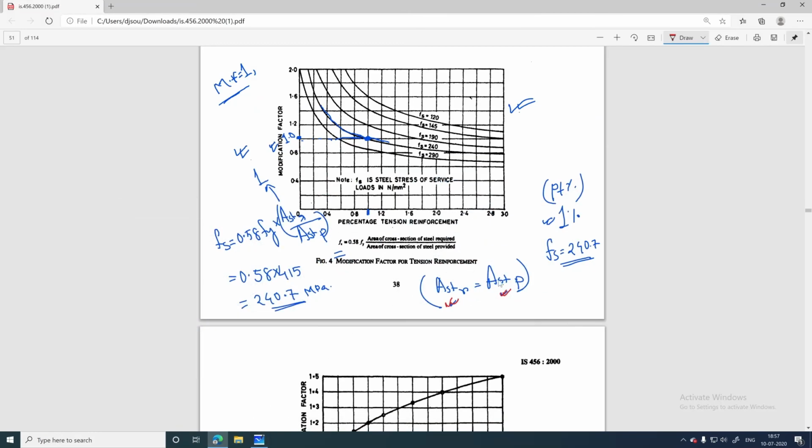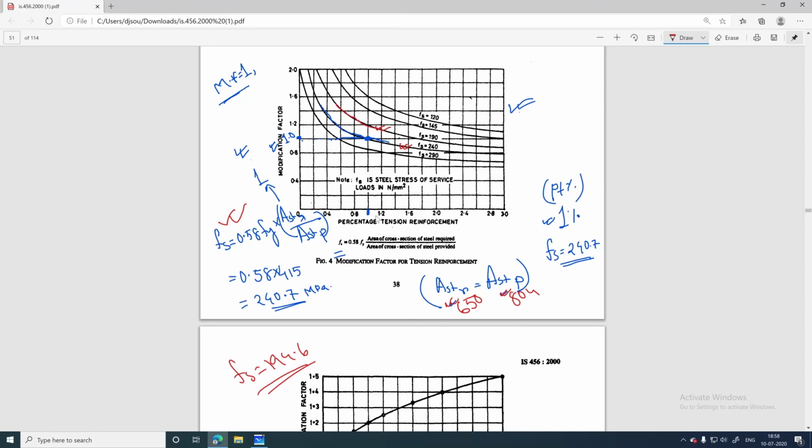So I just assume it's 650 rounded off, and this is 804. Now if you put these values in this particular equation, you will get the value of Fs, that is 194.6. Now you just think that initially we considered this particular curve, but now I need to consider the curve near this one, right? This is because here the Fs value equals 190, that means the steel stress at service loads in Newton per millimeter square, that is Fs. So I need to consider this particular curve right now.